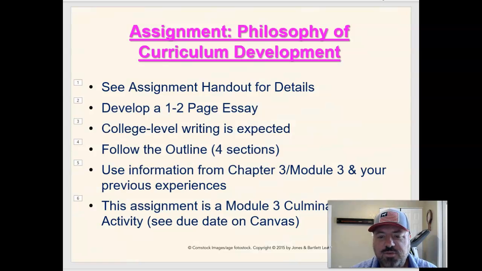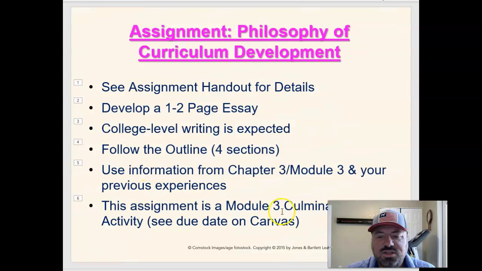Right, so you're going to use information from the entire chapter 3 reading and module 3, which includes a series on aligning and connecting standards to GLEs, GLOs, and the Show Me standards, plus your previous experience, education, and other classes to write this philosophy. This is something that we're going to put together in a culminating activity for the class, so do a really good job. You're going to copy and paste it into another activity. It should be something that you should put in your professional portfolio when you go out and interview. And it's something you can always read over to help prep you for an interview, because you're going to get asked a curriculum question or 2 in a PE teaching interview.